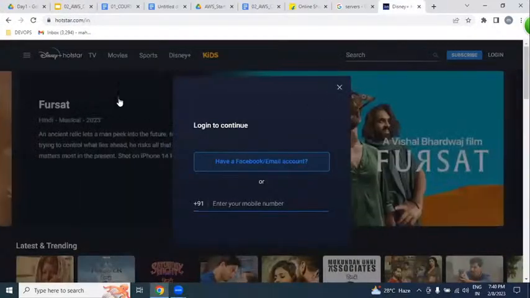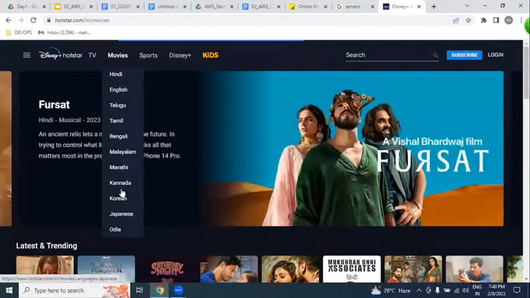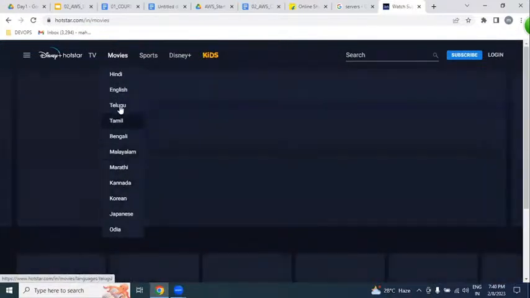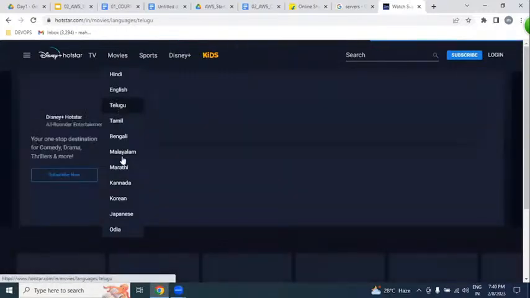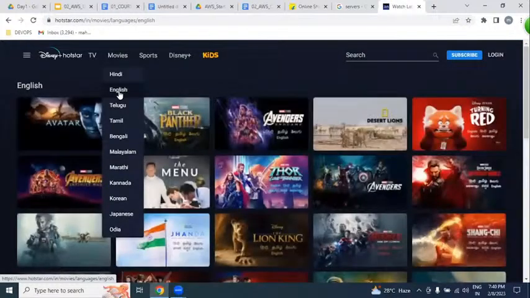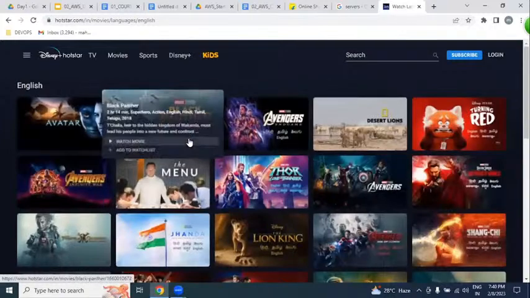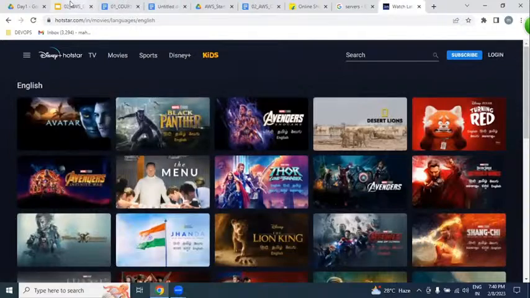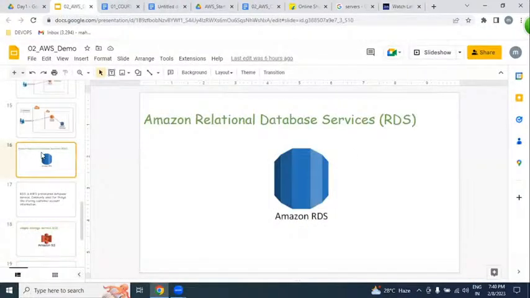Can we maintain our larger videos, web series, and Blu-ray printed Hollywood movies using this RDS? We are watching them in Hotstar or not? Yes. But if it is Blu-ray printed, what is the size of these files? More than 3 GB. Can we hold 3 GB files in RDS databases? No, we can't. That is the reason.